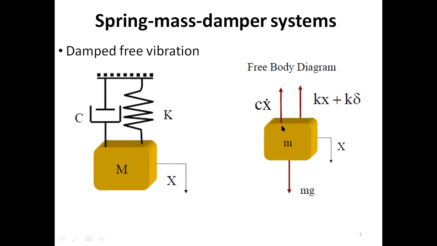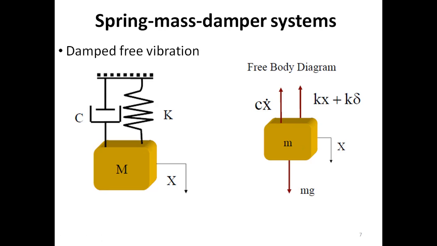the damping force, remember that the damping force is always opposite to the motion. If the mass is moving in the downward direction, the damping force would be in the upward direction. If the mass is moving in the upward direction, the damping force would be in the downward direction. It would be always opposite to the motion because it is the damping force, because it is representing the energy losses, and the losses would happen only if the damping force is opposite to